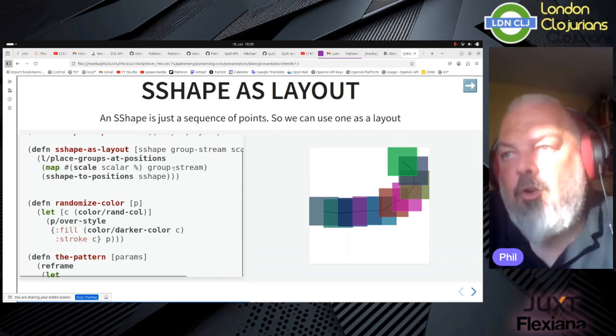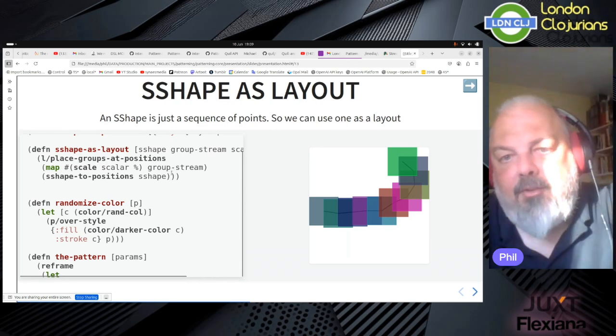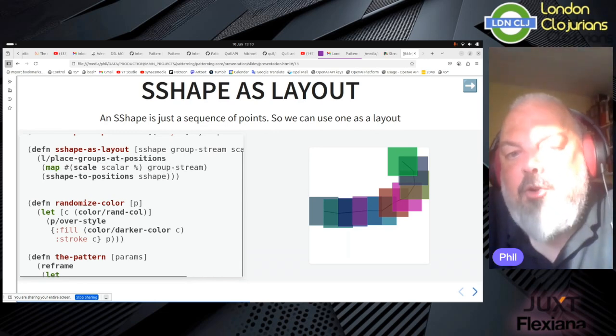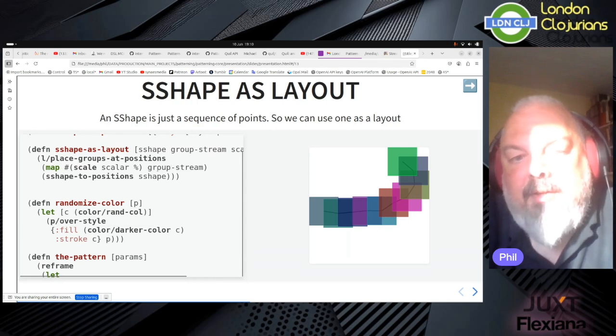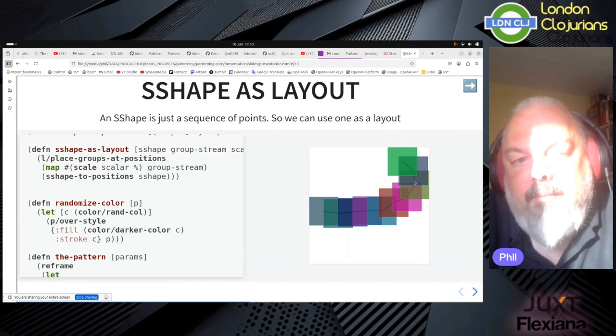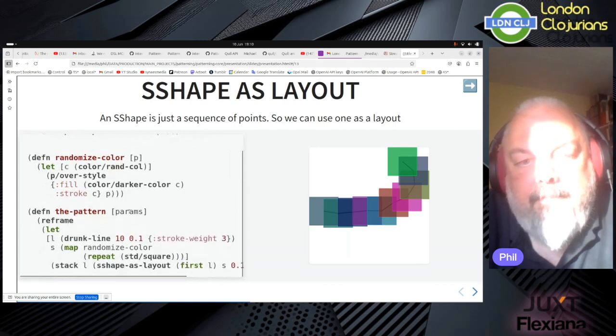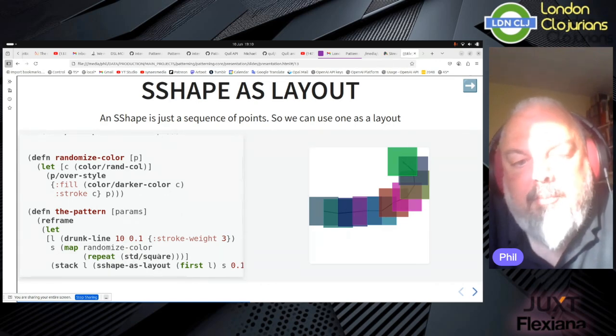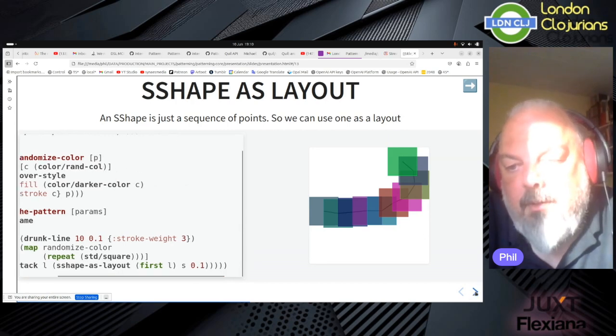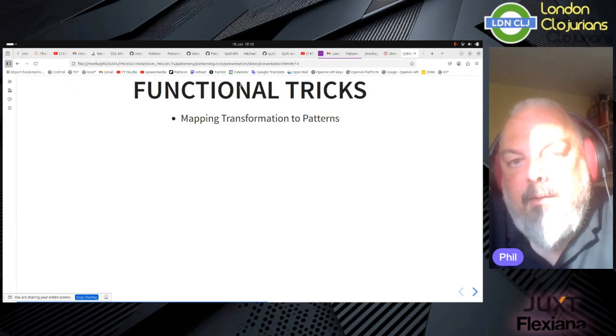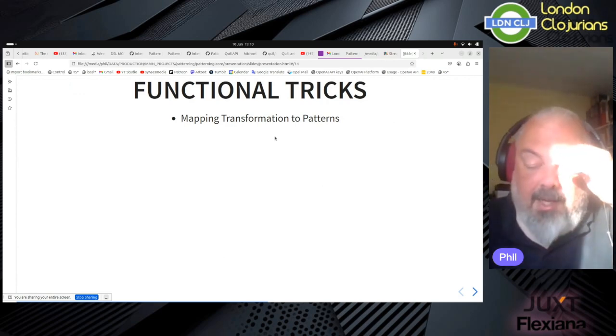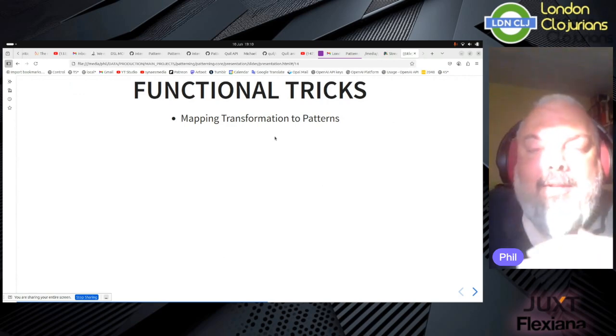patterns, and these patterns can be as complex as they like. Everything is composable, right? So they could be as complex as the most complicated pattern you've seen, shrinking it down and just mapping it across these points of the drunk line. We draw the drunk line there. We map a random color to each of them as well, and then we call that. Right. Yeah. So the main functional trick is because we're passing lots of these sequences